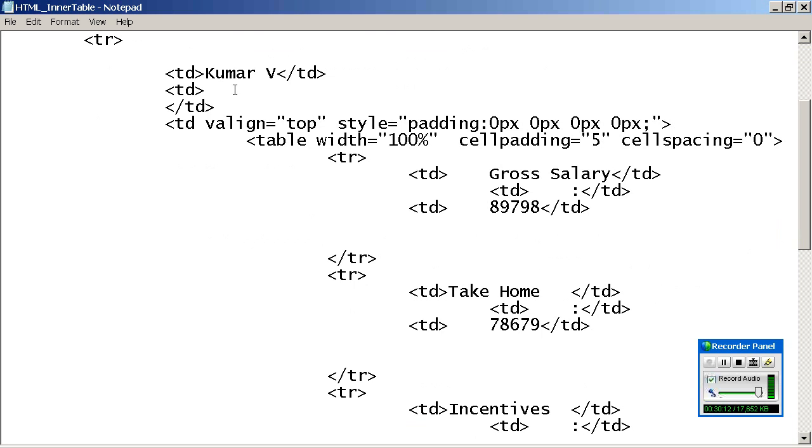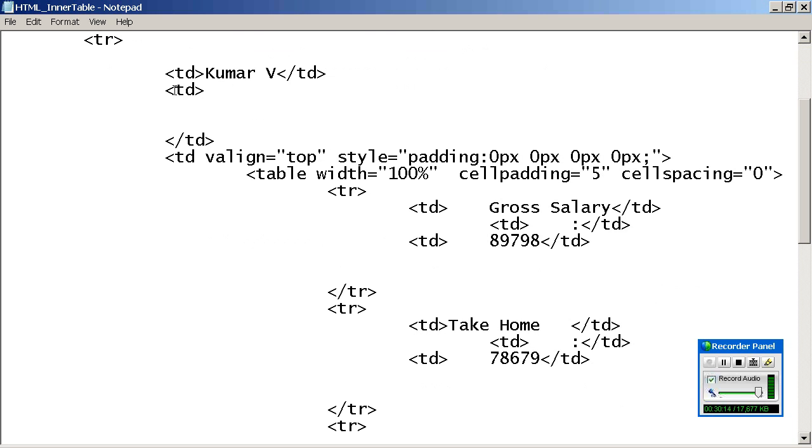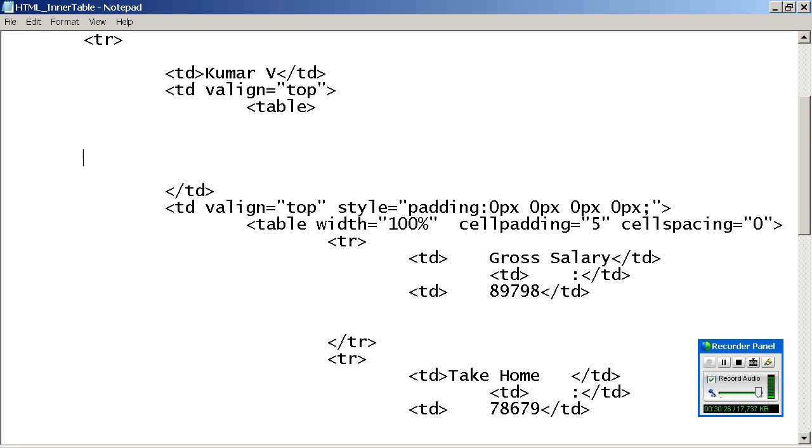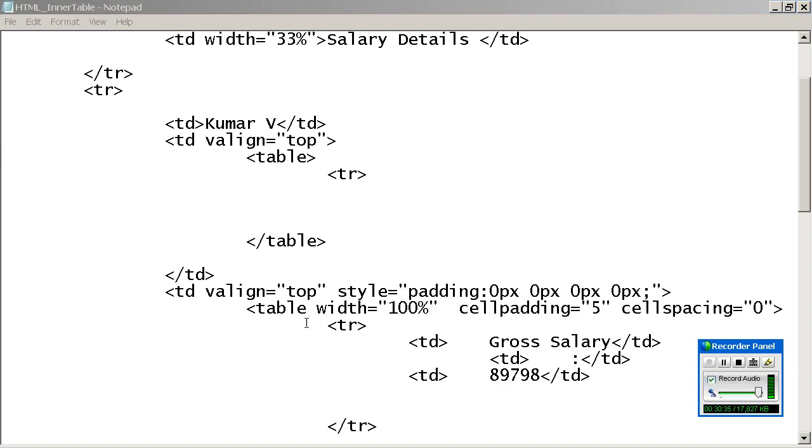How many rows? First of all, what do you need to use? TD, valign equal to. What is this one? Vertical align. Okay. Just have it. Here, how many rows? 4 rows.